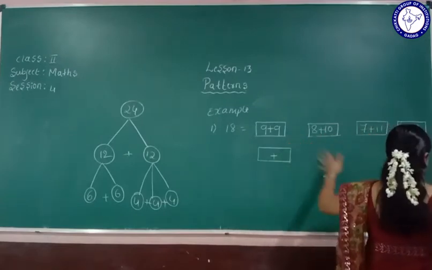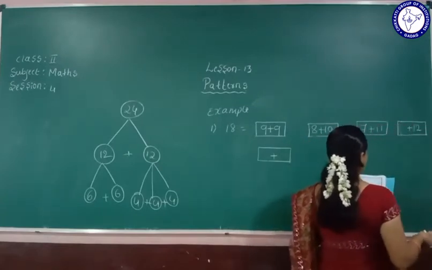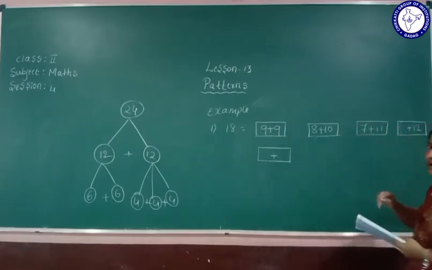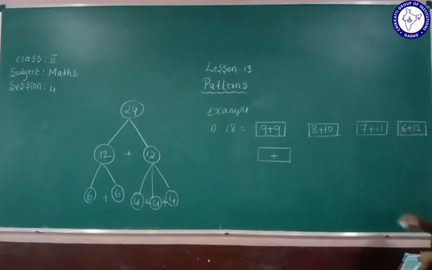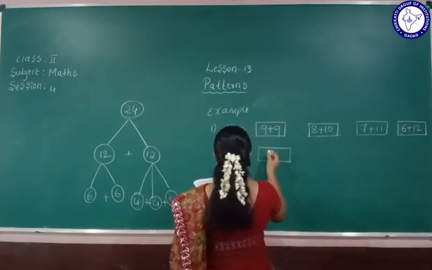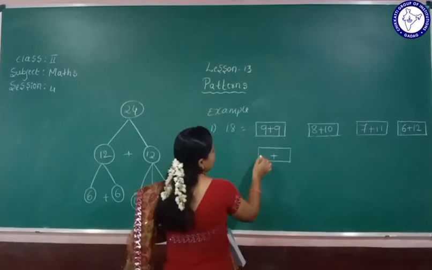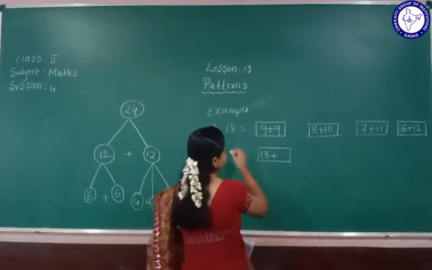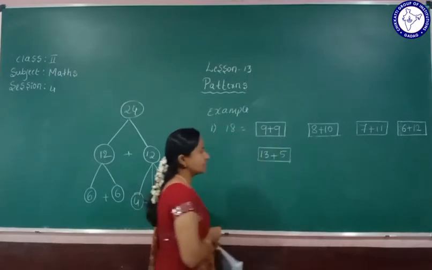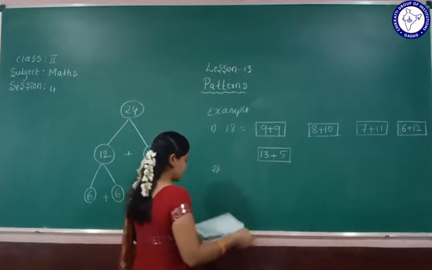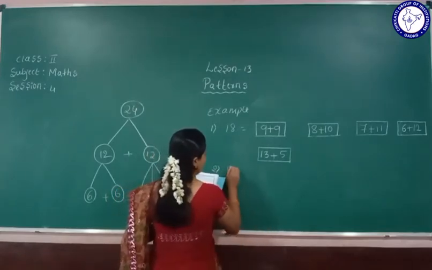18. Yes. So the next one they have given here, that is how much? So 18. So 12 plus how much do we add to get the number 18? That is 6. 6 plus 6 is 18. Yes. In the same way, another one is given here that is empty. So how much did we add here? 13. I'll write here. So how much do we add to 13 to get 18? Plus 5. 13 plus 5 is 18. Understood this one? Okay.